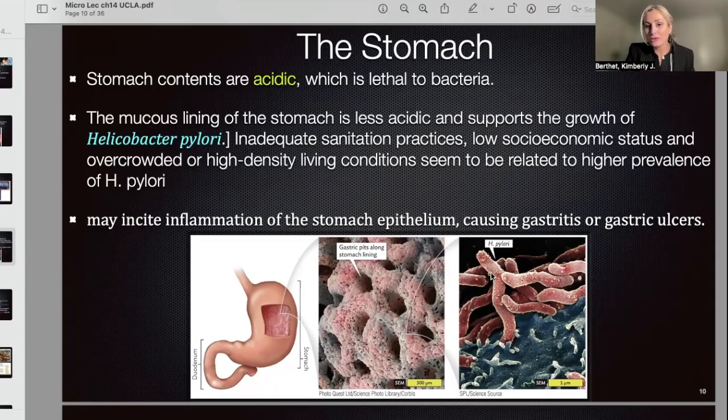So this is Helicobacter pylori that we see here, and it's integrated into these pits within the stomach. So it happily lives there, happily multiplies there. And actually, a good percent of the population is infected with Helicobacter pylori. Many people are asymptomatic, but some people do come back with gastrointestinal ulcers or gastrointestinal cancer because of this infection